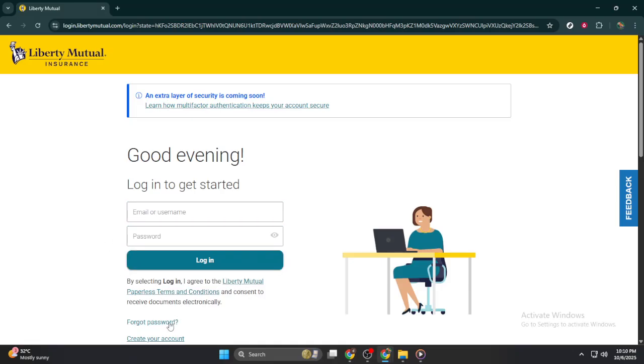After you have both your username and password entered, you're ready to proceed. Hit the login button and your account page should start loading. If everything was entered correctly, you'll be taken to your account dashboard. Here, you can access all the features you need, whether it's your policy details, making a payment, or managing your personal information. If at any point you experience trouble logging in, Liberty Mutual usually provides help links and contact options